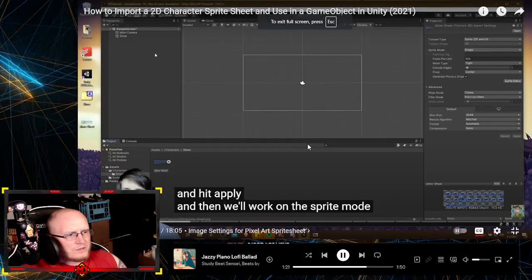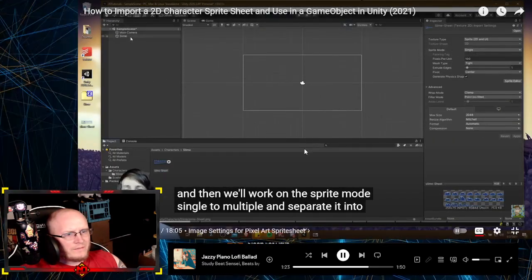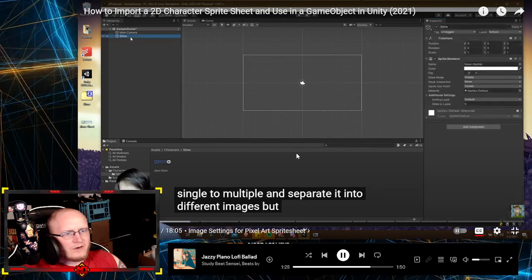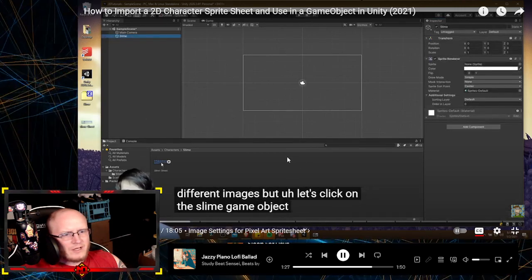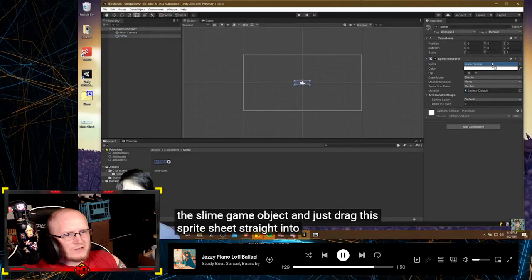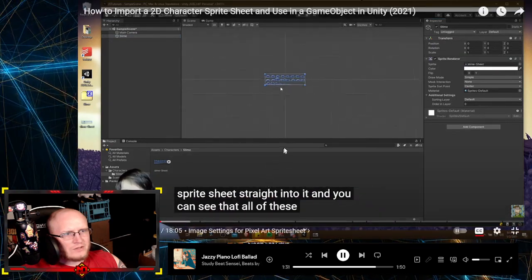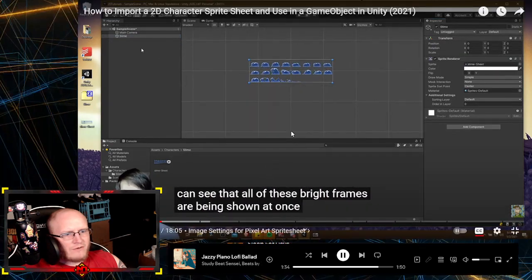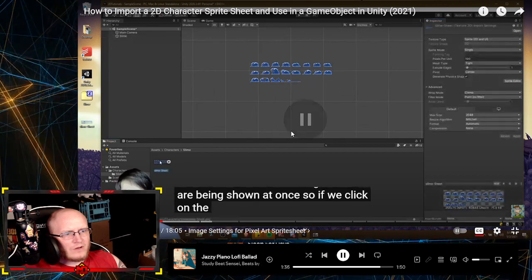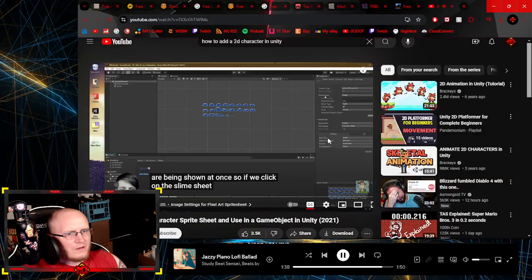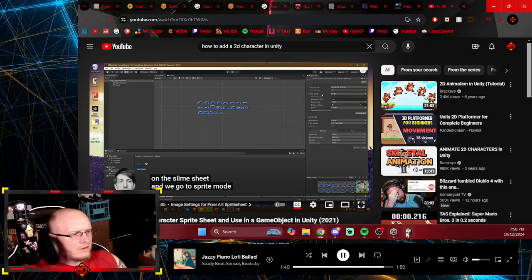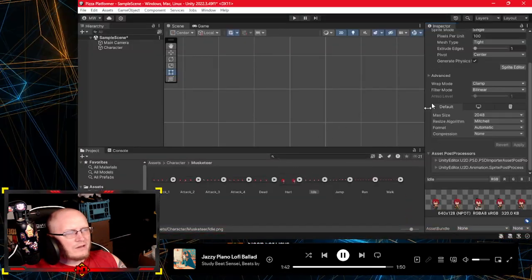Then we'll work on the sprite mode, single to multiple and separate into different images. But let's click on the slime game object and just drag this sprite sheet into it, and you can see that all these frames are being shown at once. Okay, so we drag